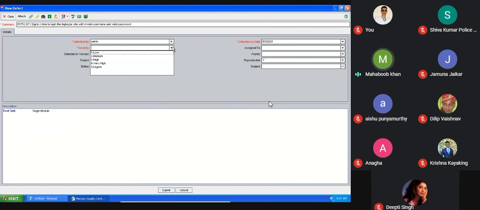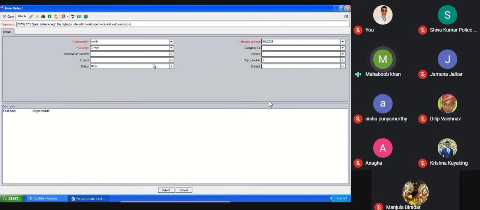So when you click, low, medium, high, very high, urgent. Okay, so these are the modes of severity, guys. So I feel that logging in is high. I am able to log in, but I mention this as a high priority, high severity defect.